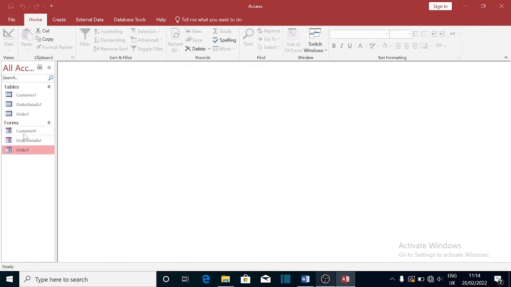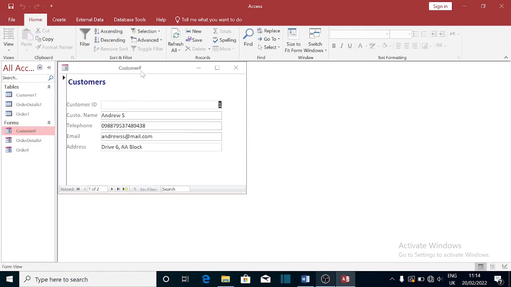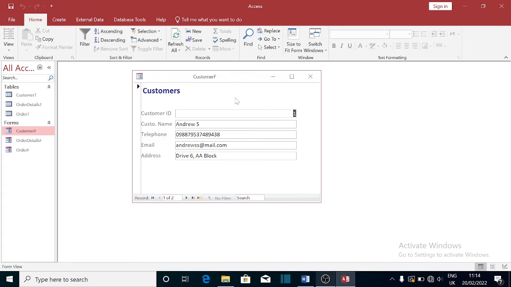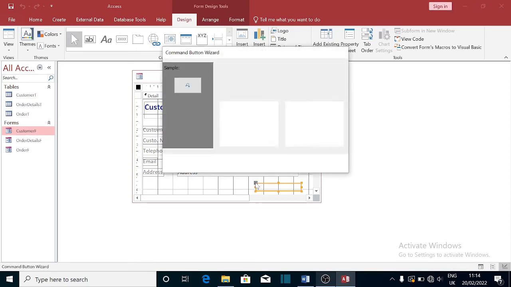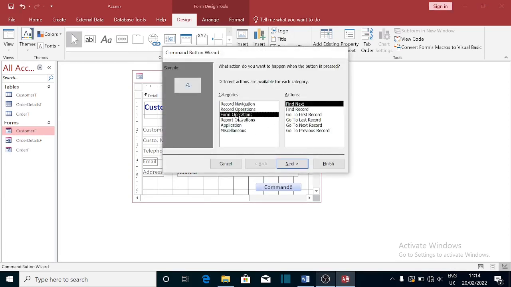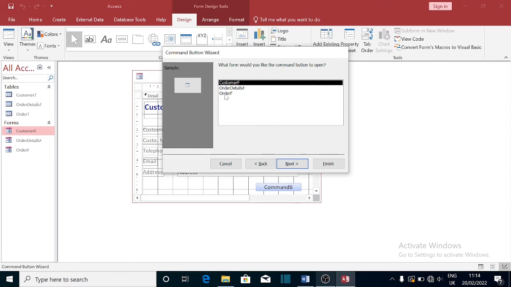Remember, we created a customer form here. So what I want to do is to put a button that can take me to Andrew's orders. This is very simple. Please pay attention here, ladies and gentlemen. You go to design view, pick here button. I put a button here probably, and then you go to form operations, then open form. You go to next. Which form do I want to open? I want to open order form,